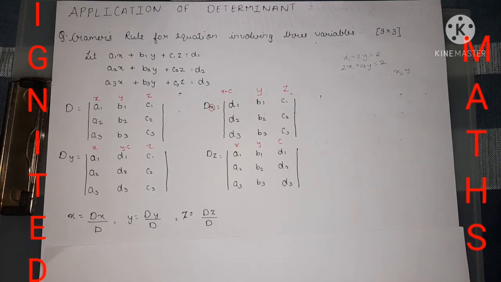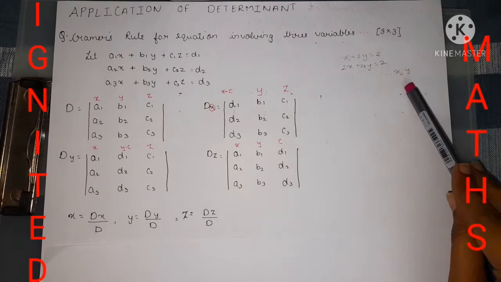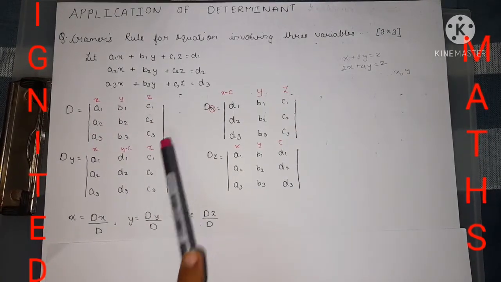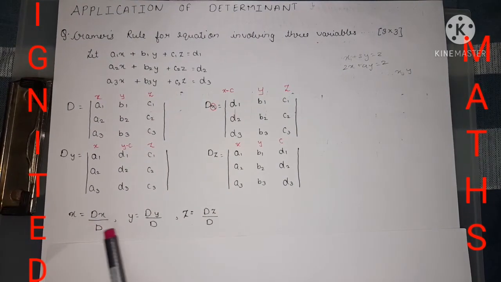The linear equations we solved in the simultaneous form, and by adding and subtracting we got the value of x and y. Here, with the help of the determinant of 3 cross 3, we are getting the answer of x, y, z. X is equal to dx by d, y is equal to dy by d, and z is equal to dz